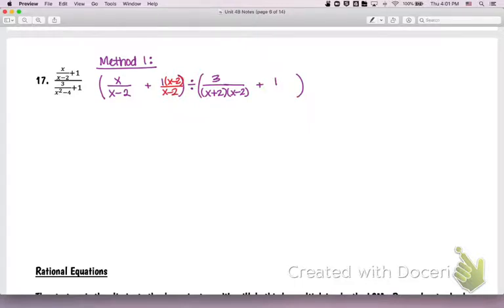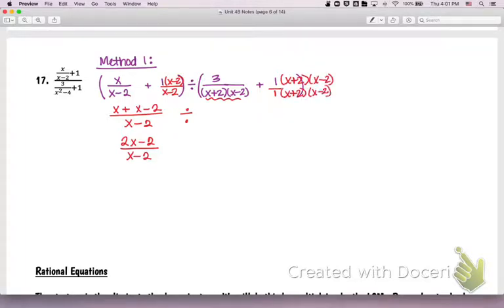That's going to give us x plus x minus 2 all over x minus 2. So that gives me 2x minus 2 over x minus 2. Divided by, inside here, again, this is over 1, so I need all of this to be my common denominator. X plus 2, x minus 2, x plus 2, x minus 2. So this gives me